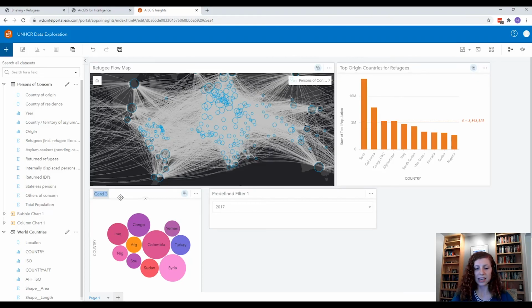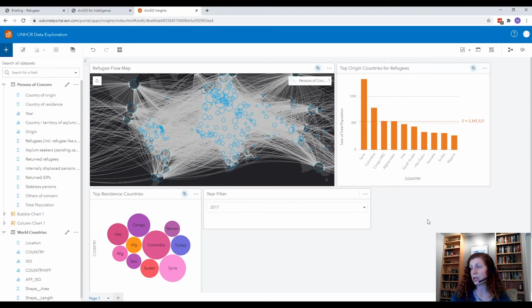And these are our destination countries or our countries of residence. So I'll say top residence countries. And we'll say year filter for this card. And you can create these sort of customizations that allow your report to look very polished when you finish it up. So now that I have this overview world refugee flow map and top origin and residence countries ready,